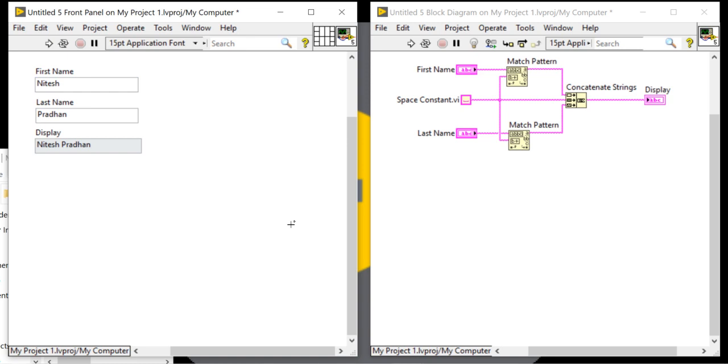Now I think the match pattern concept is clear and the concatenating string functions concept is clear to you, where you can use it and how you can use it.